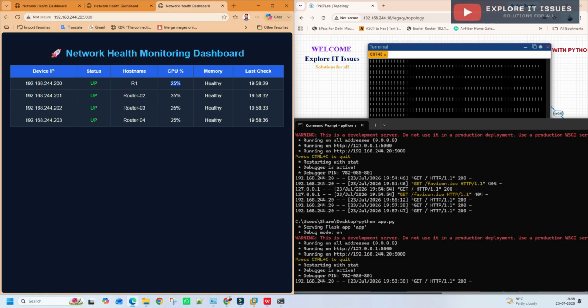Okay, so the dashboard can be used for NOC monitoring, device availability checks, CPU monitoring, memory monitoring, incident detection. Okay, let's check one thing.